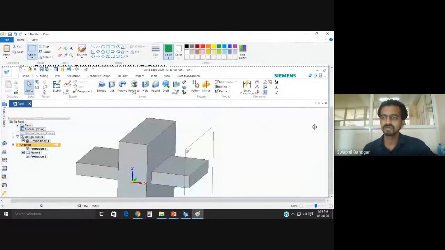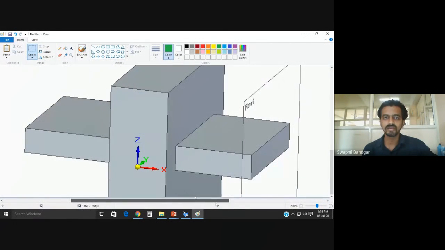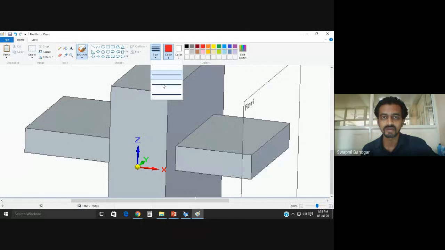So if you are using a tool which is based on surface modeling, it will not store the data about this edge, which is the intersection between this plane P1 and P2.